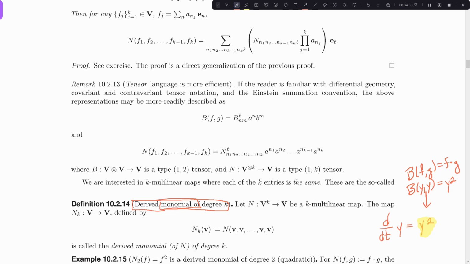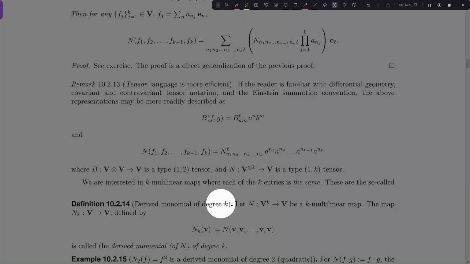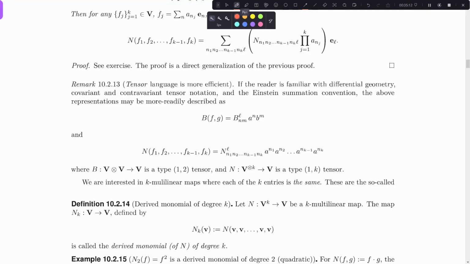So this is what I call a derived monomial, and this is not a very common definition, actually. I don't know what these are called in traditional senses, but it's a monomial because it's really a kth power, right? It's a degree k map, but it's a map from v to itself. I don't need k powers of v. N as a multilinear operator needs k powers of v, but n sub k, which I'm calling the derived monomial, only needs an input of one copy of v, and it's defined as the multilinear operator, but every entry is the same, right? So these monomials, I'll say derived monomials,